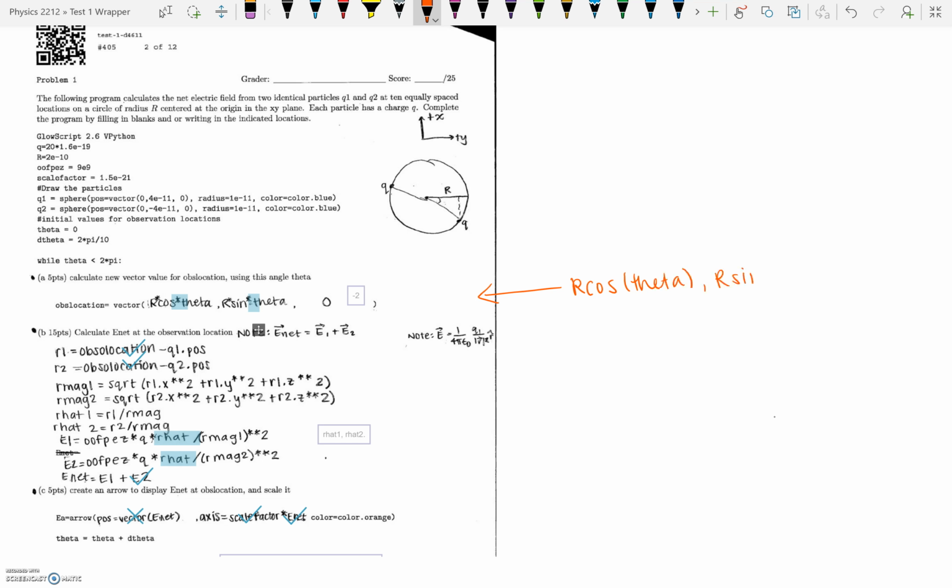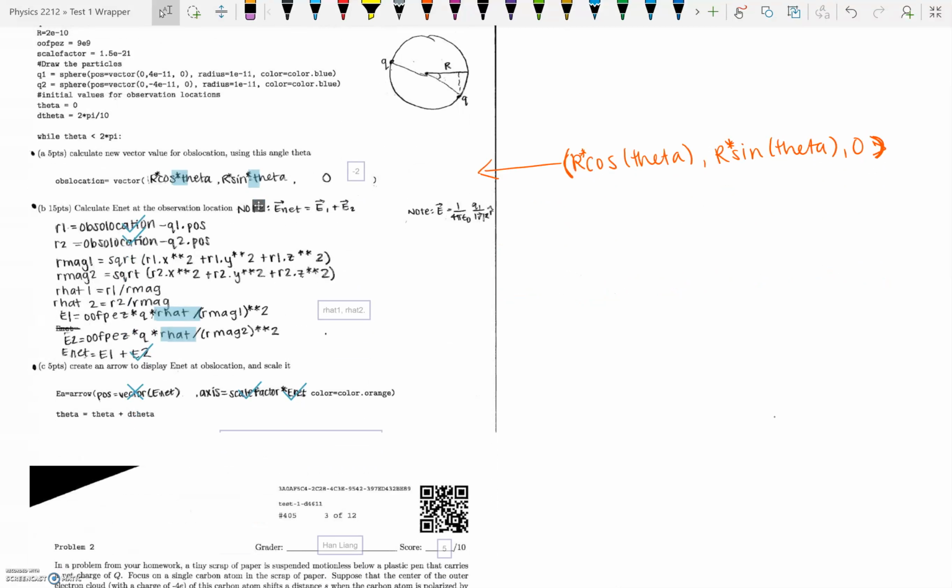r sine theta, 0. And that's all in parentheses, and you can of course say r times cosine theta, r times sine theta to make that correct. And then lastly, for part C,